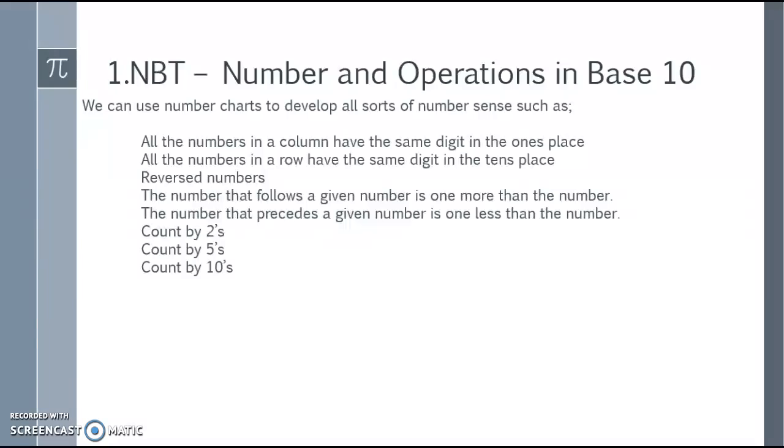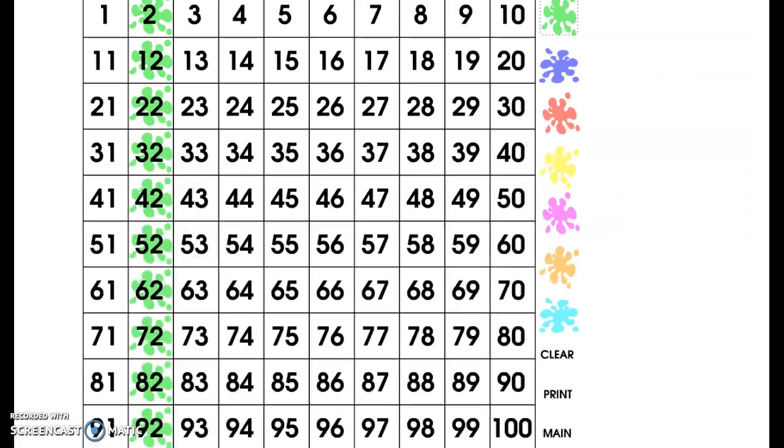We can use number charts to develop all sorts of number sense. And even though the number chart I'm going to show you ends at 100, you could easily do these same items all the way up to 120. So let's go over them. The first one I'm going to show you is that all the numbers in each column have the same number in the ones place. So I've got this column here done, and I see that all the numbers have 2s in the ones place. So if I went to the next, all the ones